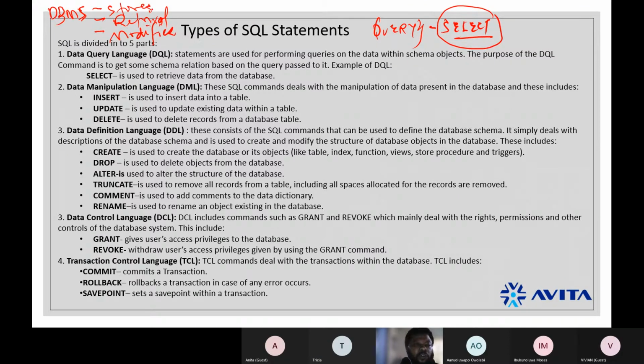So we say store, right? When you store, we'll talk about storing later. Retrieval is from select. Can you see? Modification is now from data manipulation language, right? When you say you modify something, it means that thing must already exist before you can modify it. And if it does not exist, you can insert it first. So modification includes inserting, updating, and deleting, right? You see that they are fashioned to be like the English language.